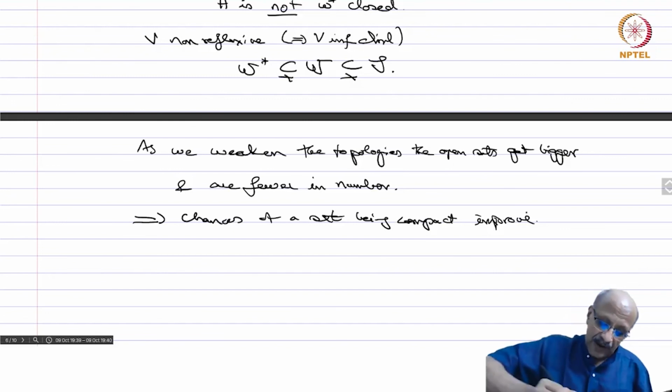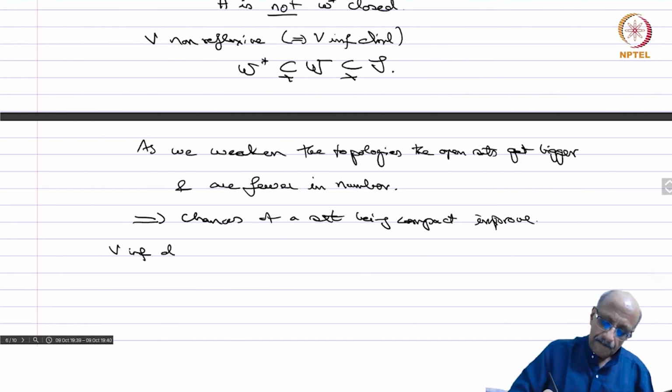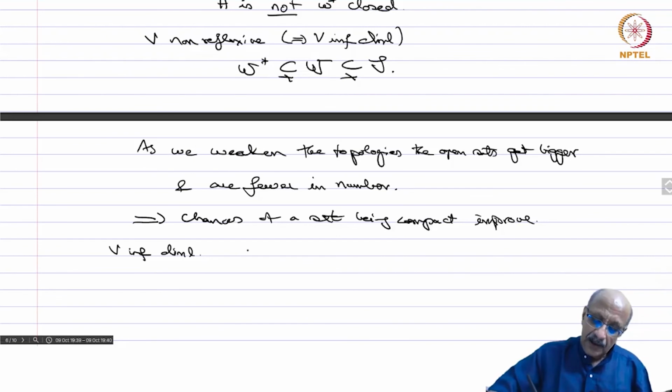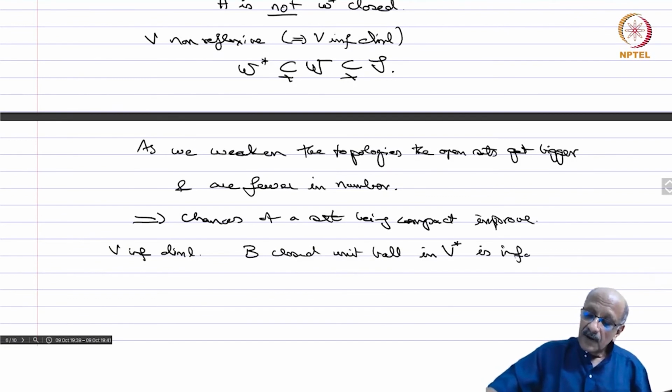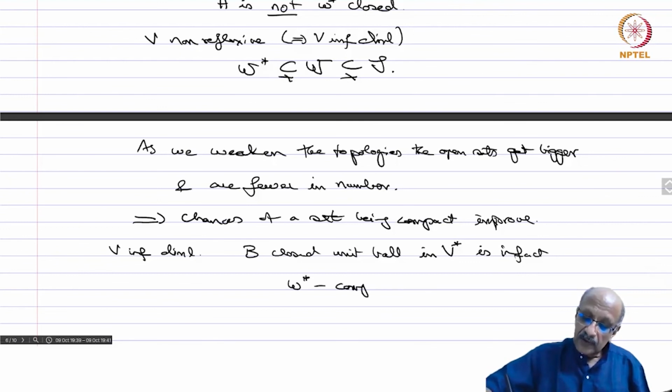So the chances of this improve, and in fact, if V is infinite dimensional, then the closed unit ball B in V star is in fact weak star compact. It is compact in the weak star topology. It is not compact in the norm topology, we know. It is not compact in the weak topology either if the topologies are different, but it is compact in the weak star topology. So you see, by impoverishing our topologies, we increase the chances of getting compact sets, and compact sets means convergence. If you have sequences, nets and so on, you will have convergent subsequences and so on, and therefore that is important. So this is a very big landmark theorem in the weak topology chapter, which we will next